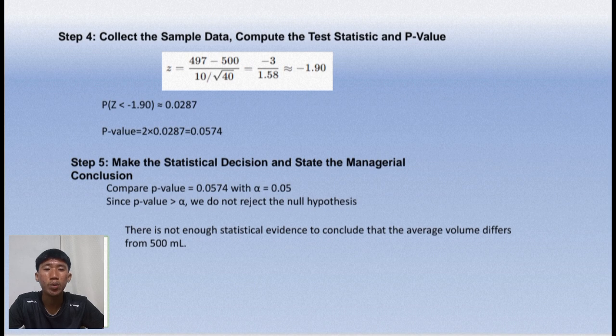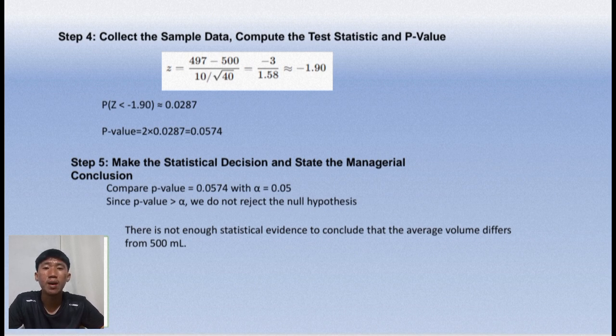We now find the probability corresponding to z equals negative 1.90 from the z table. P(z < negative 1.90) equals 0.0287. Since it's a two-tailed test, we multiply this by 2. P-value equals 2 times 0.0287 equals